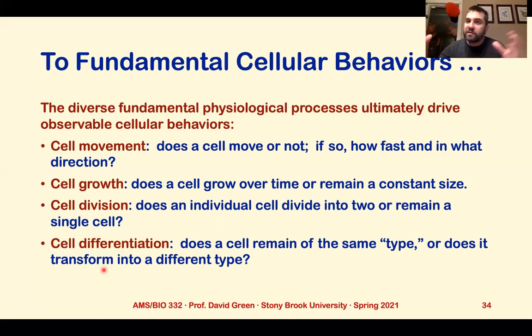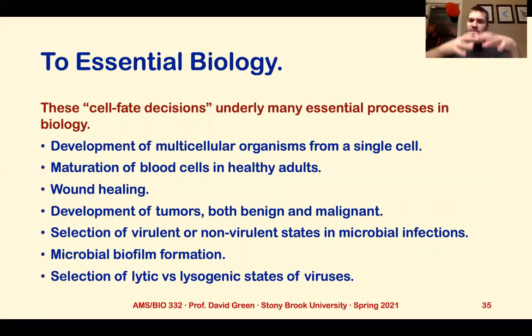Once we move beyond cells into either multicellular organisms or into populations of unicellular organisms, we move into a whole other class of biology, but which again is driven by these more fundamental cellular processes, these so-called cell fate decisions. What do individual cells do? How do those individual cells behave? These cell fate decisions